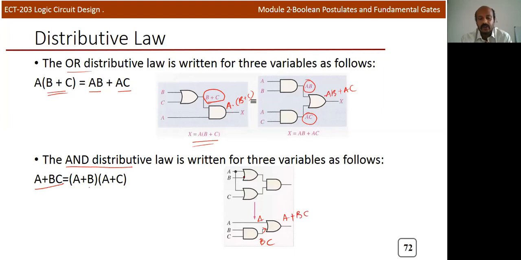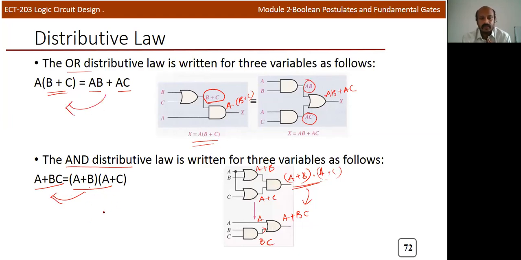This operation is equivalent to, here you can see that OR operation. So you can write one input is a, another is b, a plus b. Here it is a plus c, and is applied as the input of the AND gate. So you can write one input is a plus b and a plus c is the other input. So these two operations are same. Either you can expand like this or you can reduce like this.